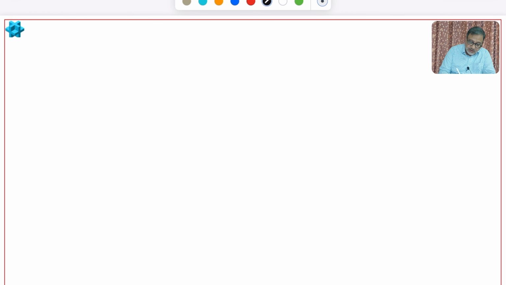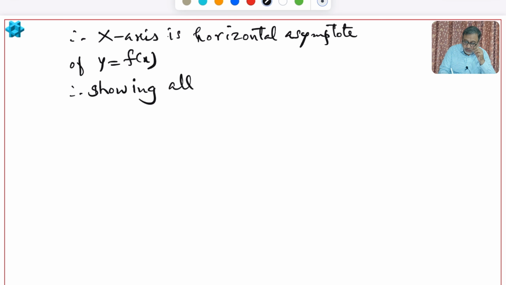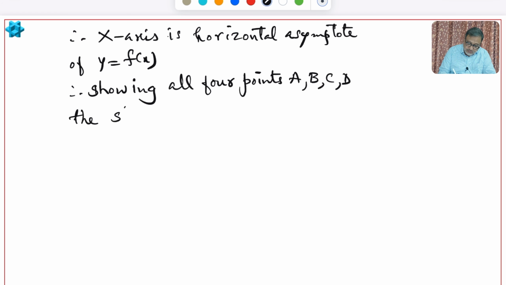Okay, so therefore x axis is horizontal asymptote of y is equal to f of x. Therefore indicating or showing all 4 points A, B, C, D, the sketch of y is equal to f of x